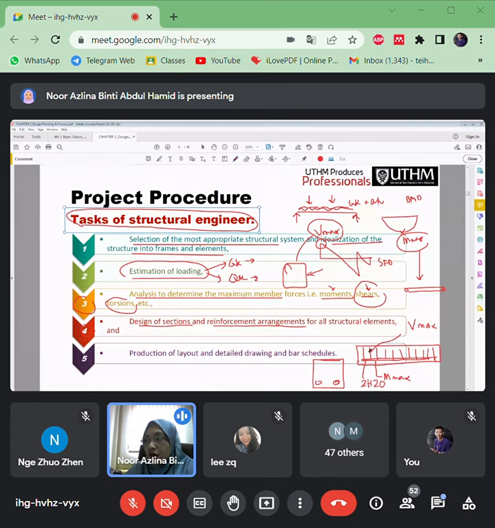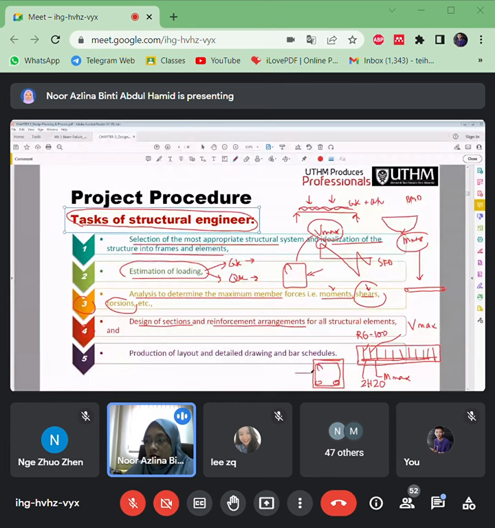Okay, for the links, let's say the links here use mild steel, which is R. The symbol H is the symbol for high yield steel, R is the symbol for mild steel, which is size 6, let's say diameter 6, which will be arranged with the spacing here at about 100. So in the cross section here, you will see the links here.